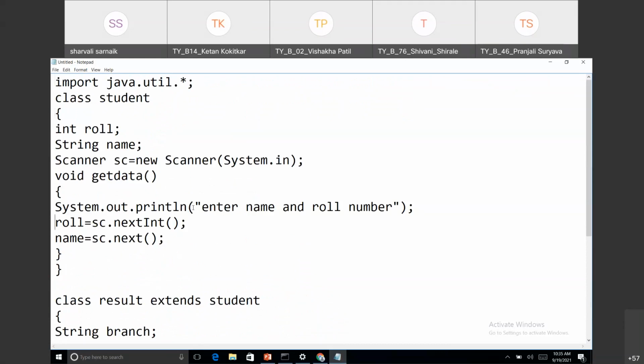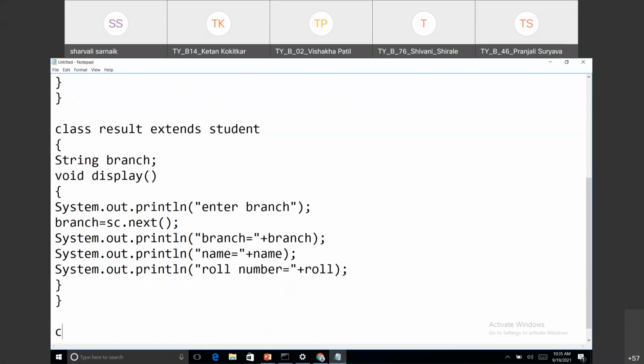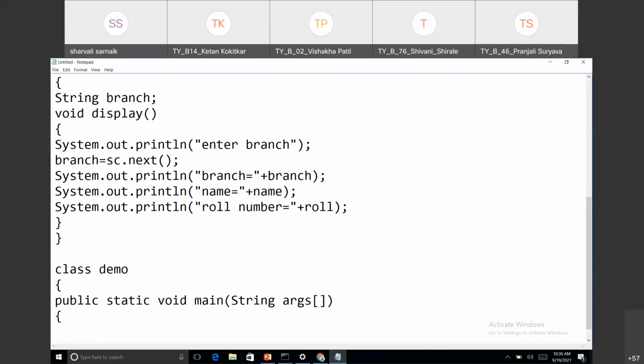Okay, now I will take another class called demo. Okay, I have taken another class called demo, and in that I have written a main statement. Now I need to create an object of the class. So whose object do I need to create?